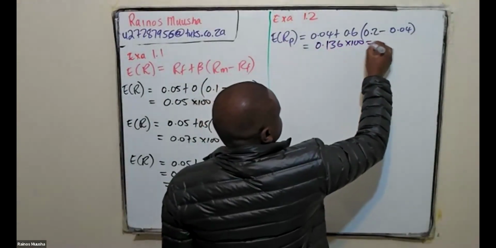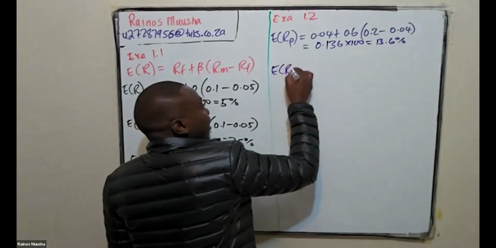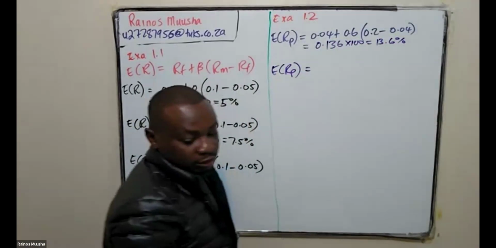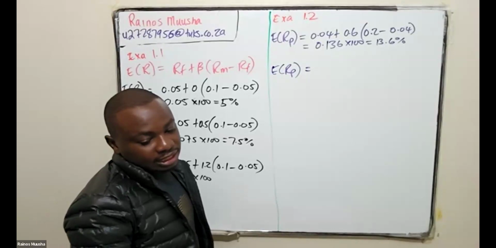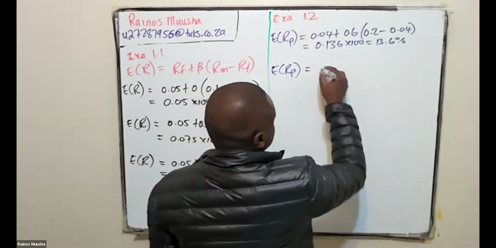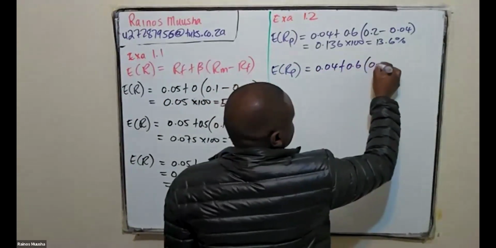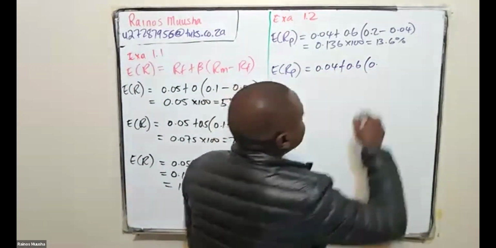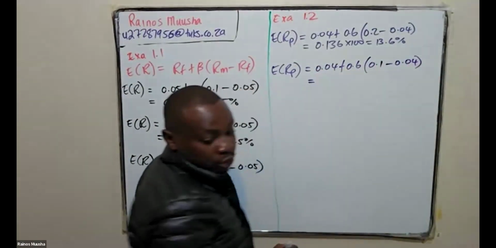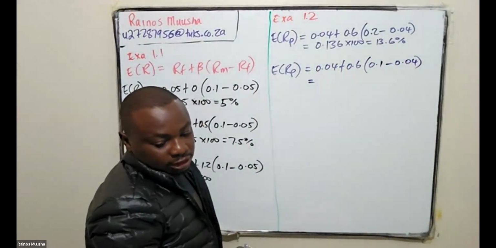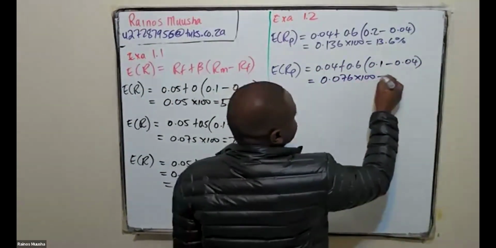If you multiply that by 100, you get 13.6%. Now, they also give us another example where we are calculating the expected return of the portfolio, but in the next case, we are being told that the return on the market is equal to 10%. So 0.04 plus 0.6 in brackets, 0.1 minus 0.04. If you look at this calculation, you will see that the expected return of the portfolio will be equal to 0.076 multiplied by 100, which is equal to